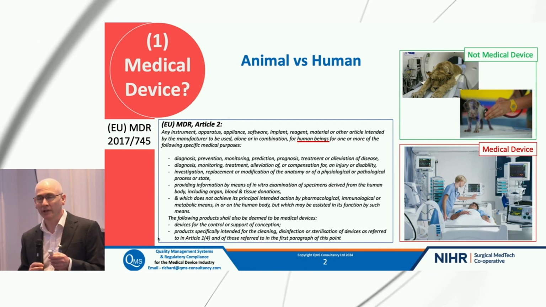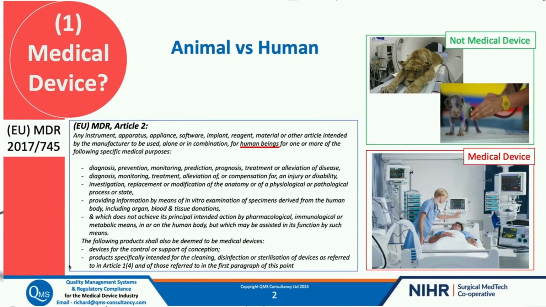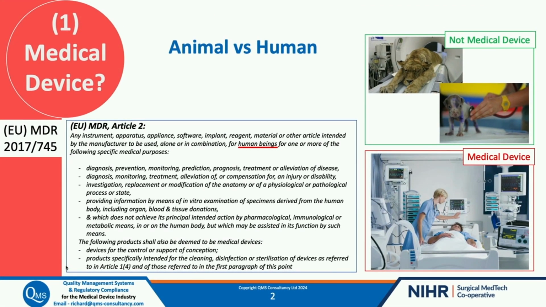So first of all, a medical device is any instrument, apparatus, appliance, software, implant, reagent material, or other article intended by the manufacturer to be used alone or in combination for human beings for one or more of the following purposes. Now, I'm not expecting you to be able to read that at the back or read all the way through it, but what I wanted to bring this up for was because this is where it decides whether you're a medical device or not. All the different regulations have their own definition. This is Article 2 of the European MDR